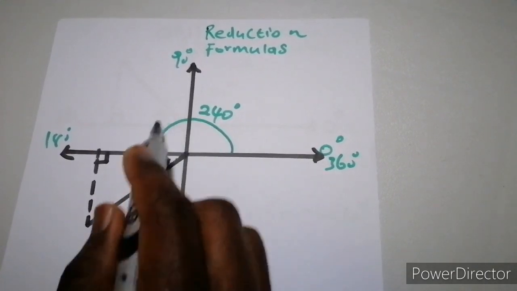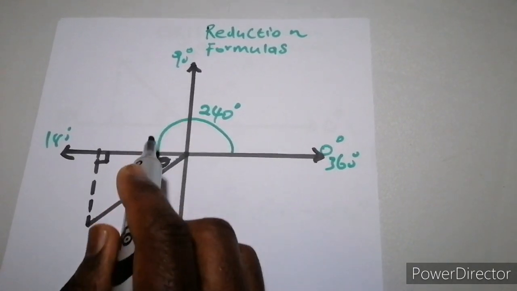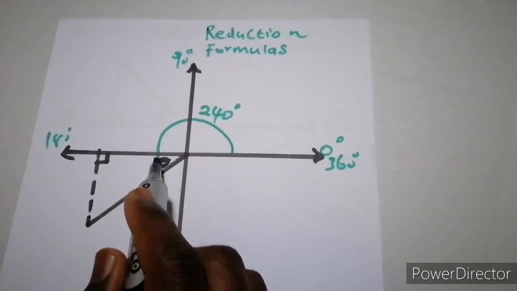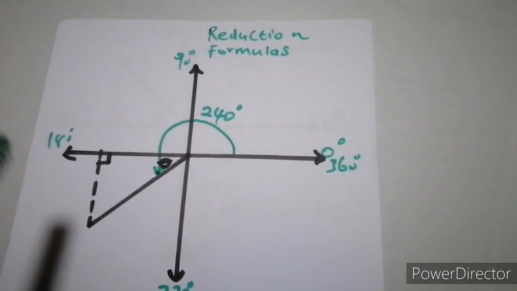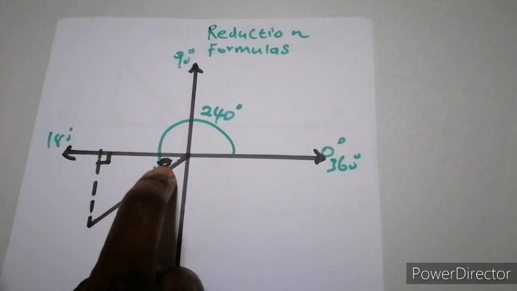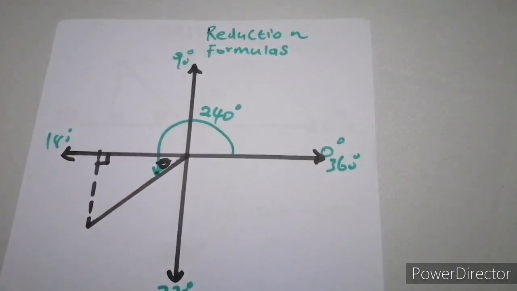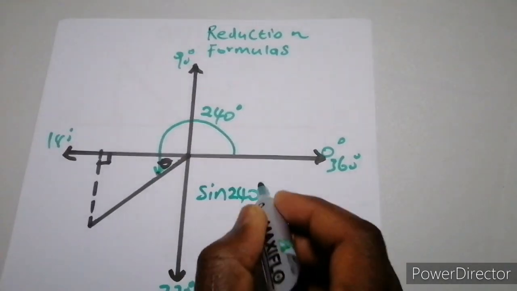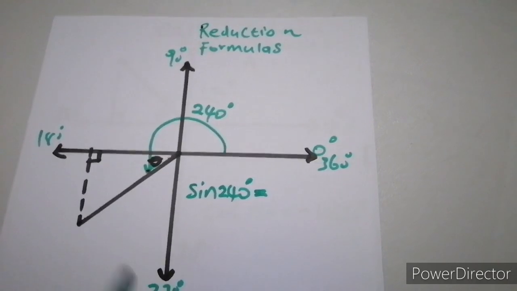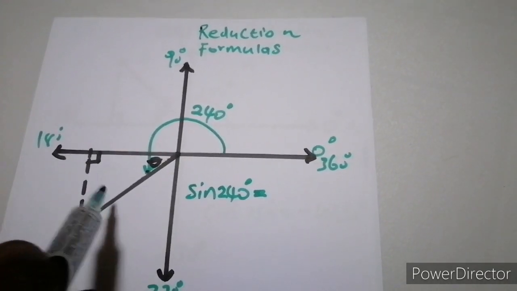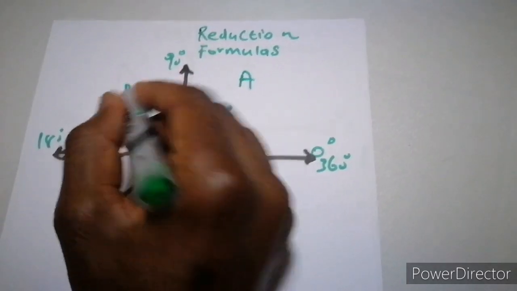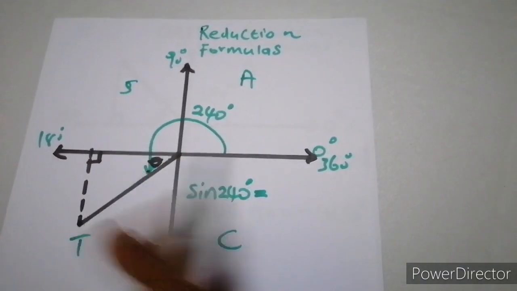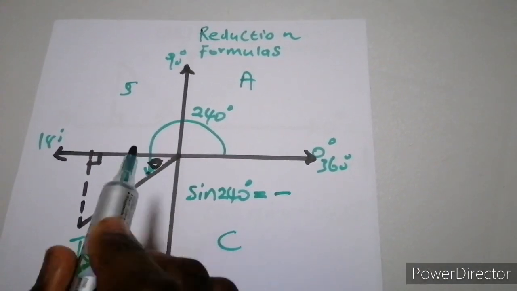240 all around to the arm. But now 180 is completed in line with this x-axis. Then now we're going to add a value. What is that value? That value is 60. Now theta is 60. Now when we refer to this quadrant, for example, again, sine of 240 degrees is equal to, is the sine of an angle positive in here or negative? All students take chances. Now the sine of an angle is not positive there. It means it's negative, but it's going to take this